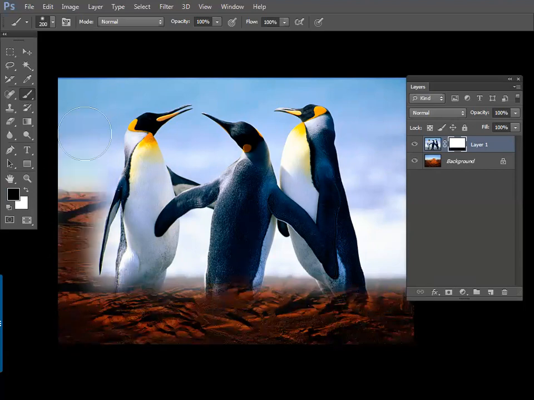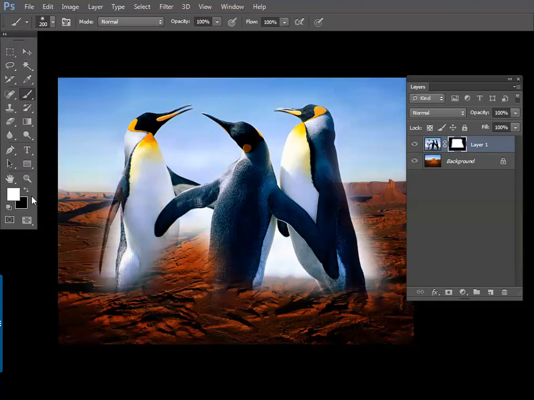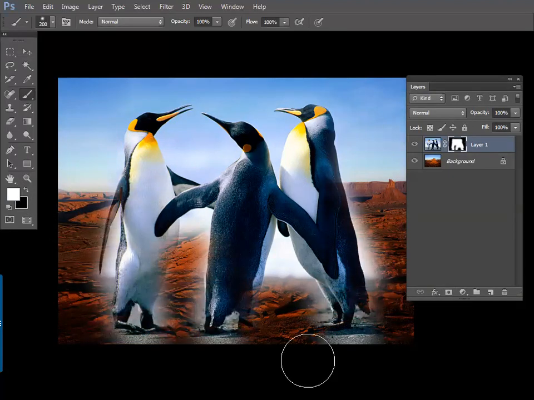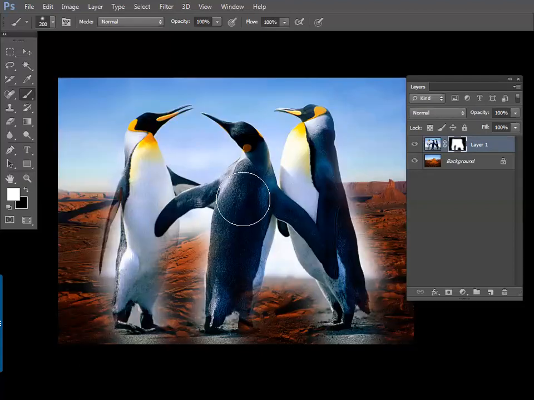Now you start fusing things in a smooth manner. Is it okay? What you're doing now is using the brush with hardness 0 and showing something and hiding. Is it okay? So this is what you have done. The consequent result is this.